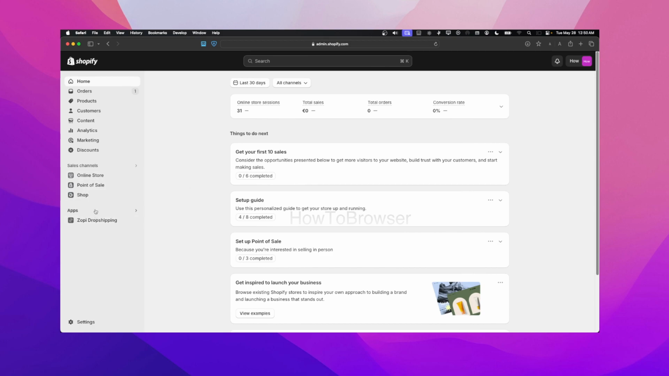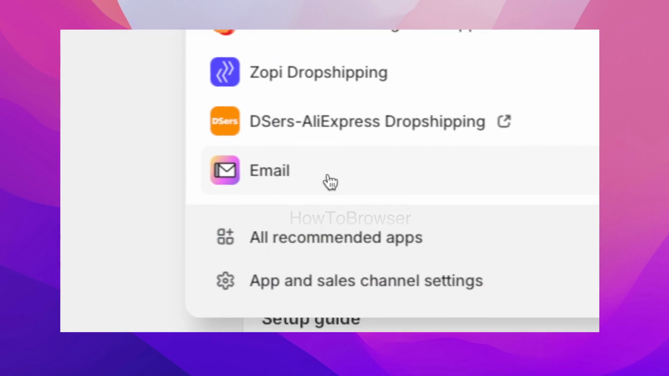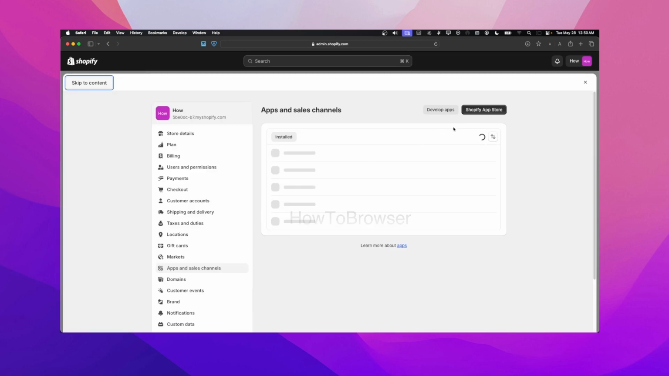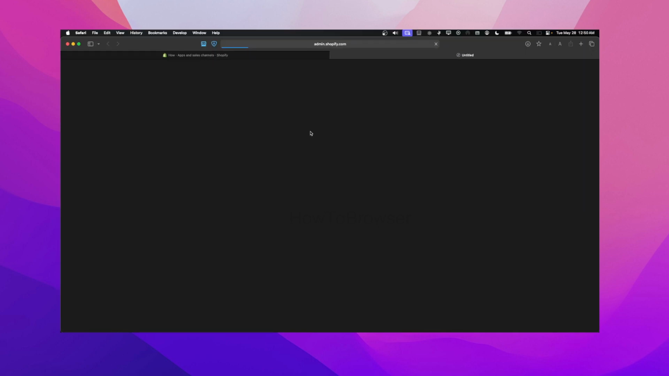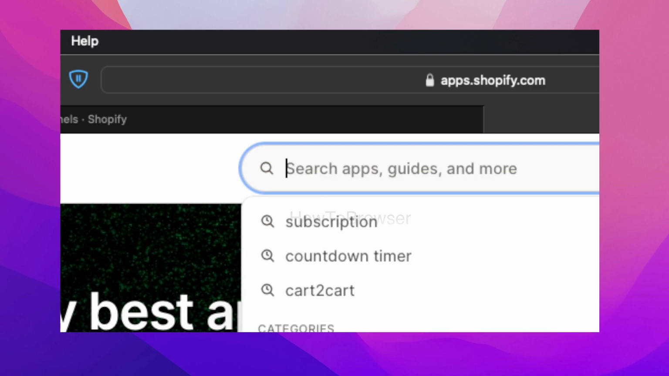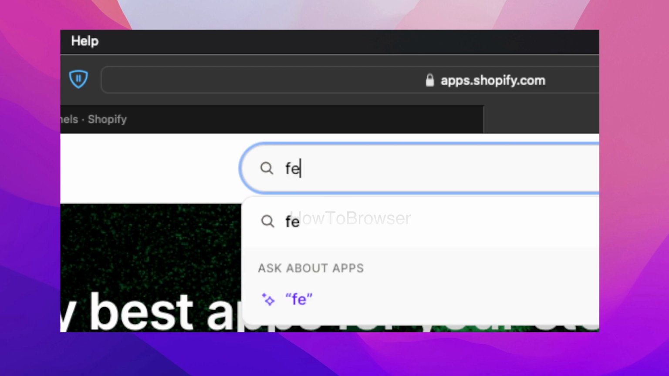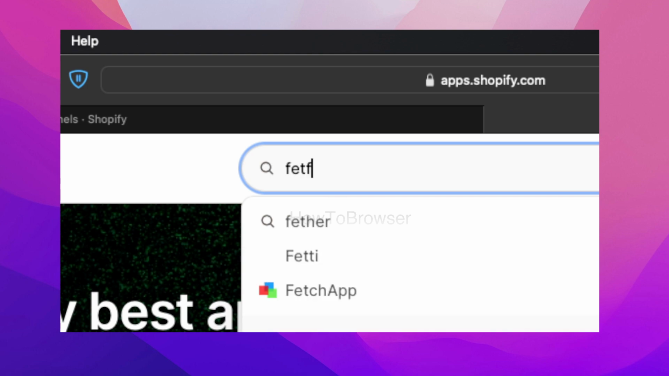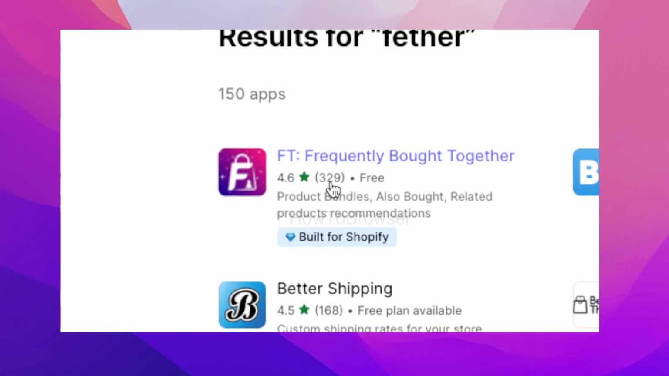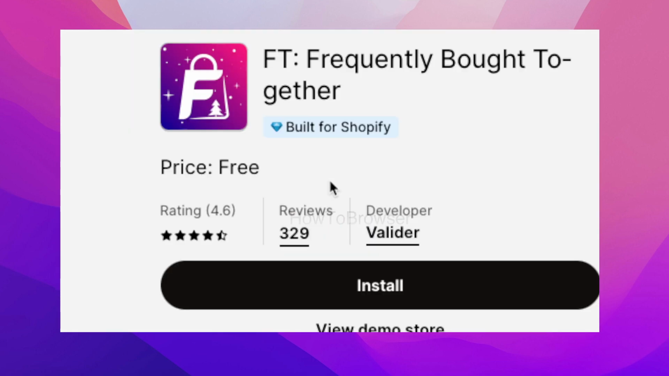We're gonna have to go here to apps first, and then I'm gonna click on all apps and sales channels, and then here we're gonna click on show app store. Then here in the search bar we're gonna have to write, so here write F A, and what you're gonna have to do is select this app. That's the app we're gonna need